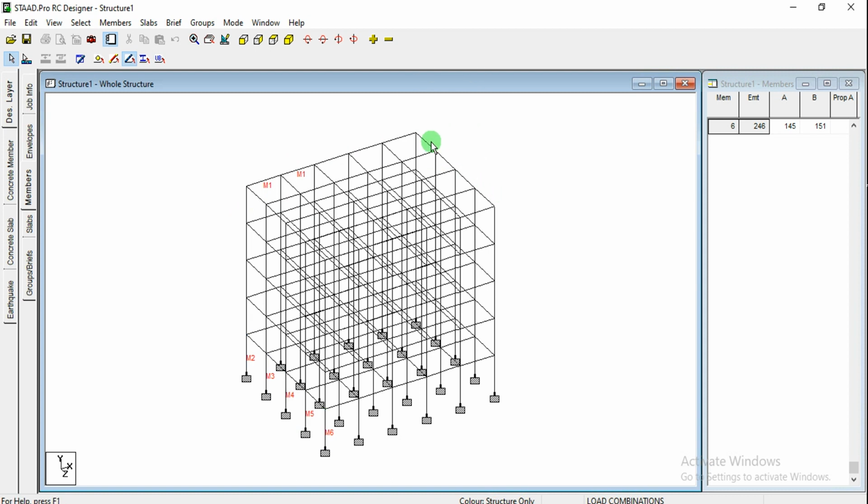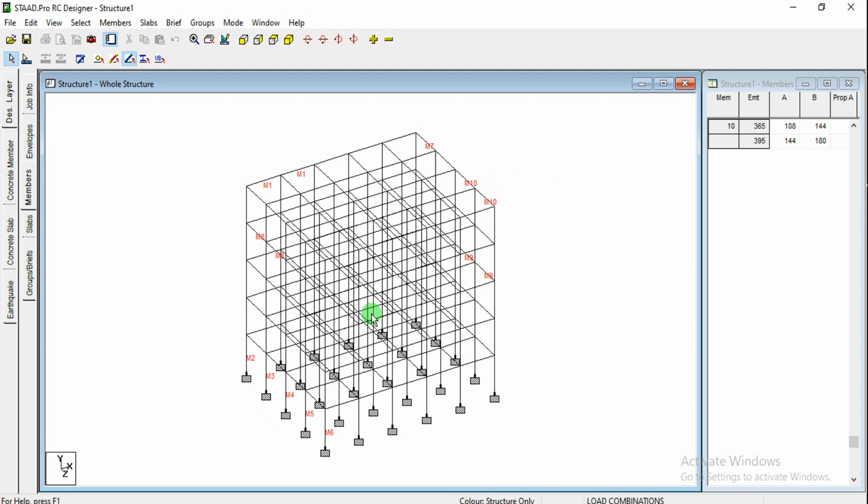Okay, if you want to design this as individual beam, you can select this and go for form member. And if you want to design this as a continuous beam, then you have to select the combined beams, I mean combination together, and then you can go for form member or auto form member. If you want to get for this one and this one, and similarly here this one and again this member, then you can select all the required members. And if you want to number automatically, then you can click on this icon auto form member and you can observe that. So here this is M8, this is M9 and this is M10. Okay, like this you can form the members.